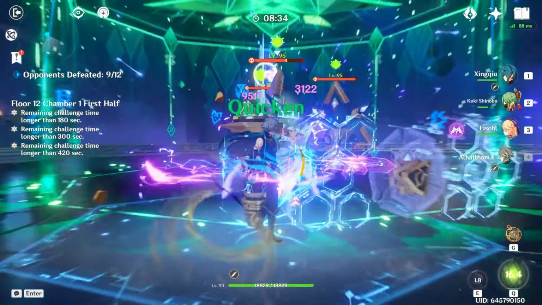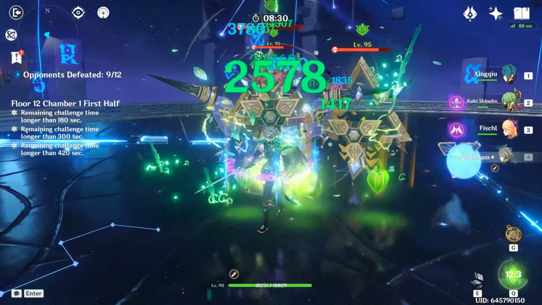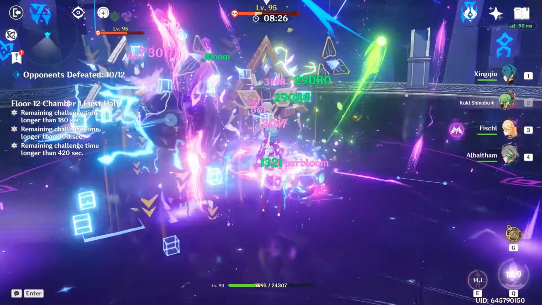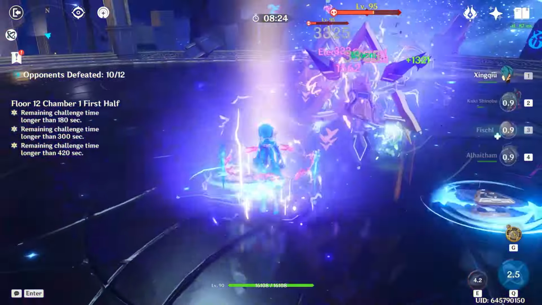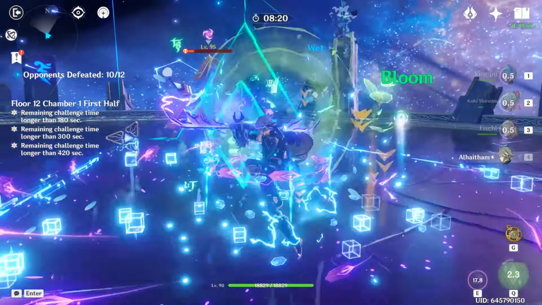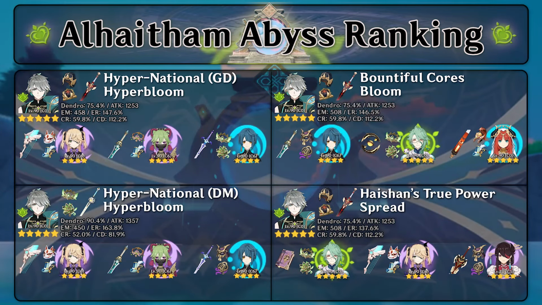So I was originally going to test a handful of the teams that I tested in the Overworld from my last video, but because it was taking me so long in the second half, I decided to cut it down to my top 4 teams instead. Also threw in my second best team where I equipped Deepwood Memories on Alhaitham, which is just a variant of my first place team. So here are the 5 teams that I tested. The 2 Hyperbloom variants, one with Alhaitham wearing Gilded Dreams, the other with Deepwood Memories, and Bountiful Cores, Spread, and